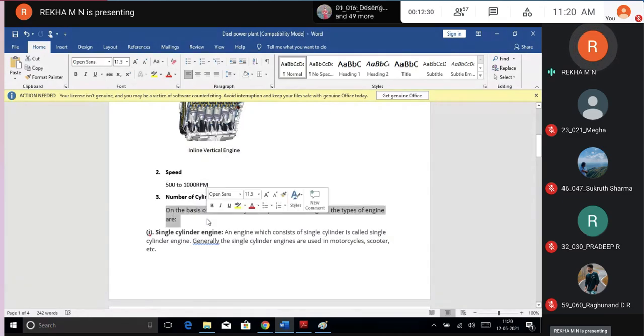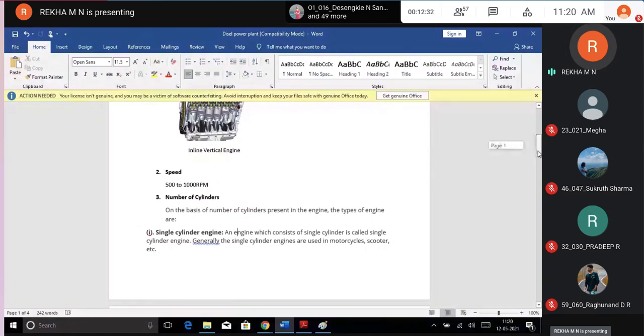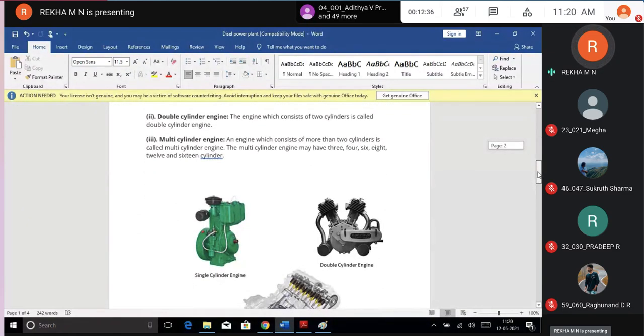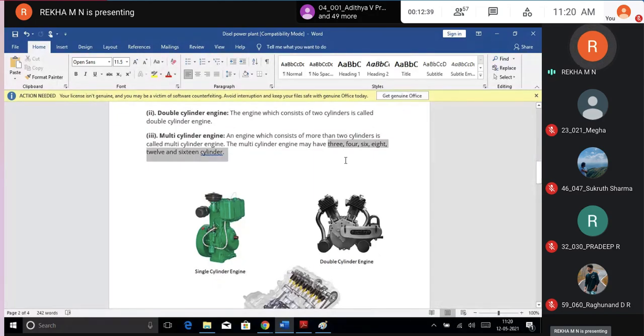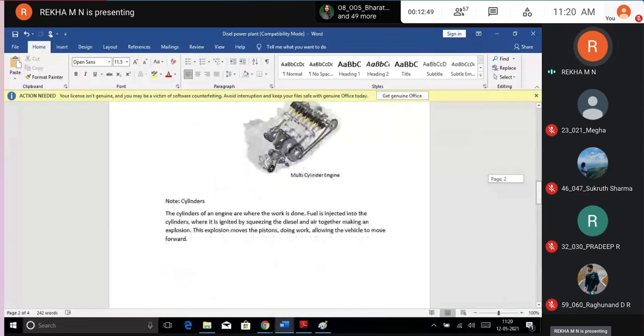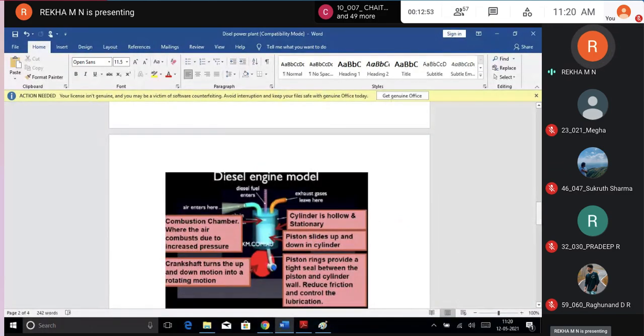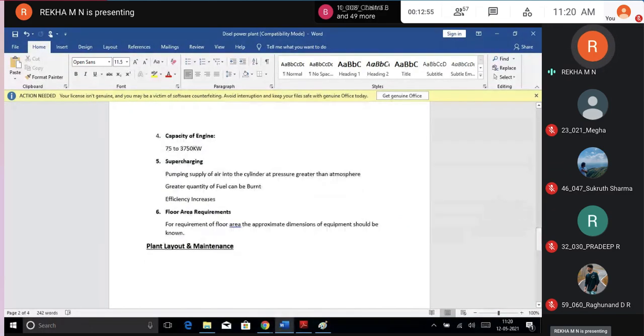Next, number of cylinders. As I told, students, usually we will go with multi-cylinder. Why? Because if you want to increase the efficiency, we need to have 3, 4, 6, 8 like that. We have to cascade the things and utilize them. Even one cylinder also you can use. That depends, and accordingly your capacity will be varying. And I have mentioned what a cylinder is also, so that when you forget, you can see that and remember. And I have mentioned the capacity, students.